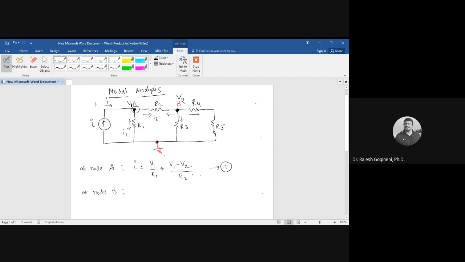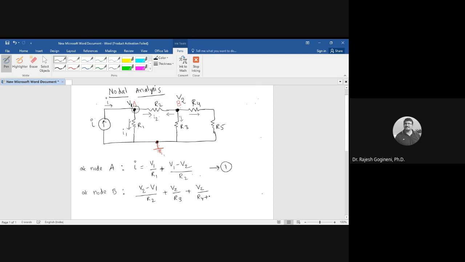The current is with reference to node B: V2 minus V1 by R2, plus V2 by R3, this current. Then again, one more, V2 by,